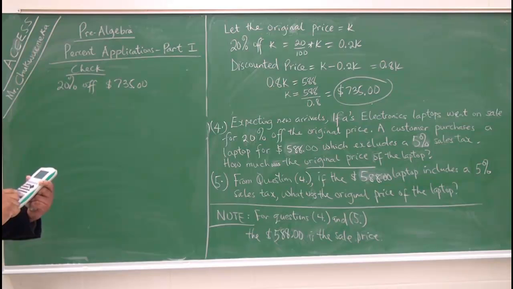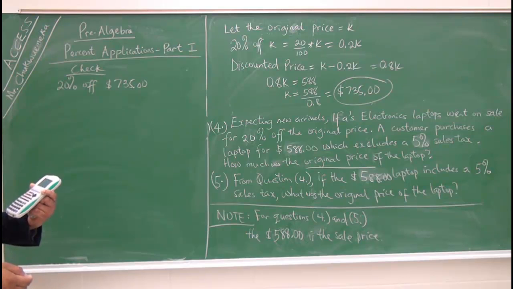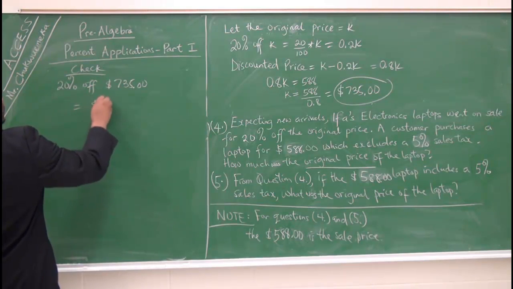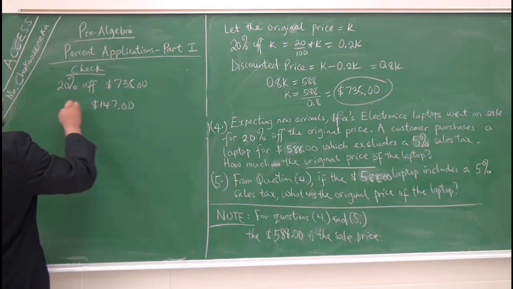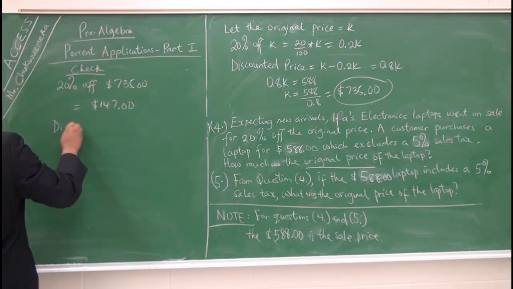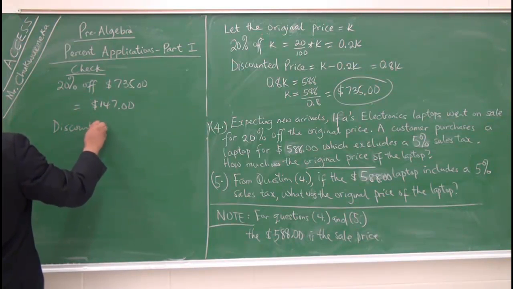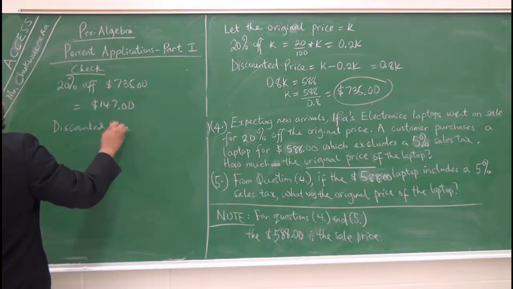So you do 0.2 times 735. That gives you $147. And then the sale price will now be